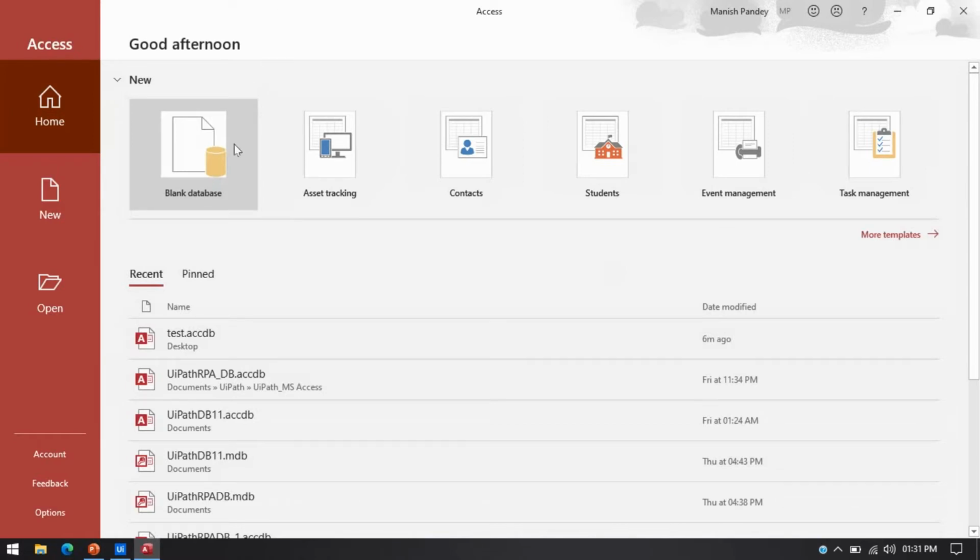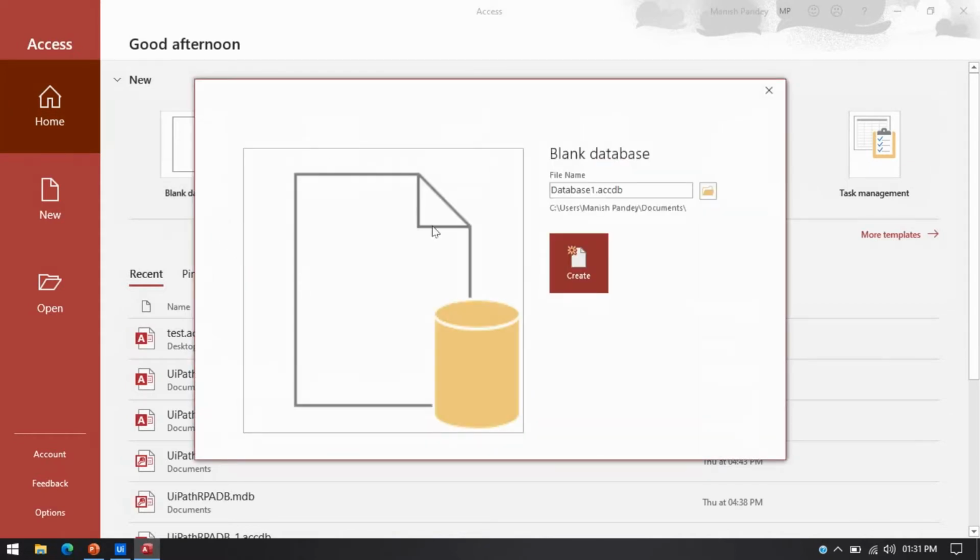First I'm going to click on blank database, and once you click on this blank database, it asks us to put the database name, and this file type is ACCDB. It means Access database. So here I'm going to click on this, and I'm going to change the name to UiPath RPA underscore DB, right?